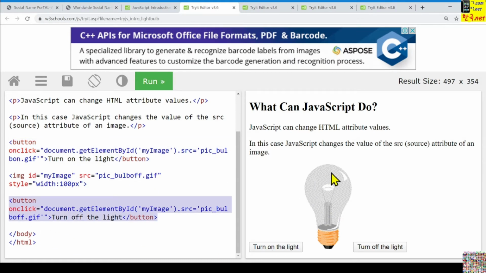And the image is this one, ID name my image, and that image source is this GIF image, and the size width 100 pixel. You can try to change that. How about half of that size?